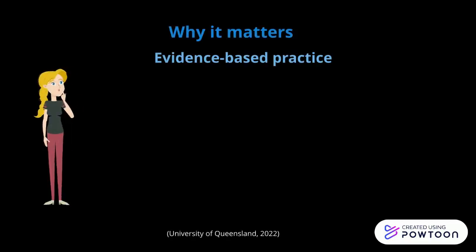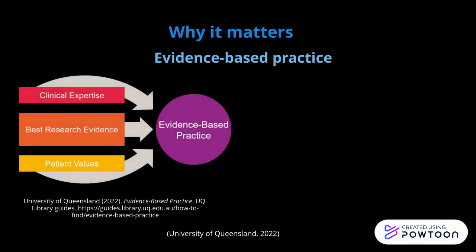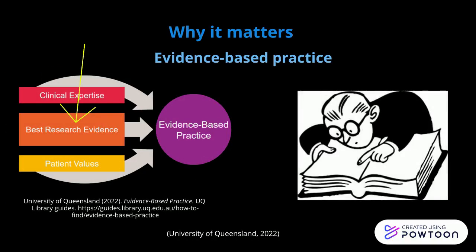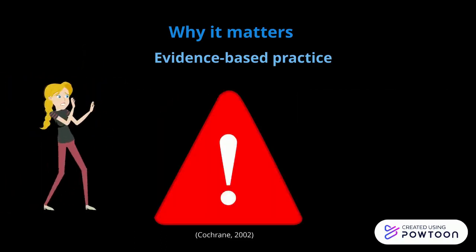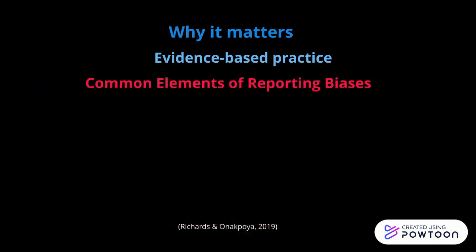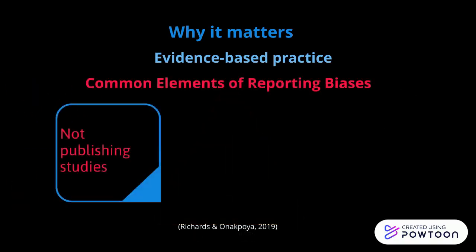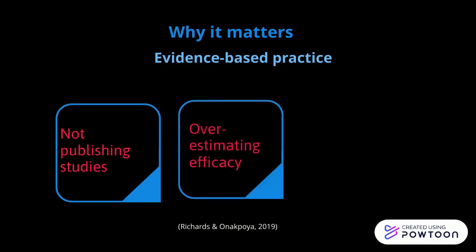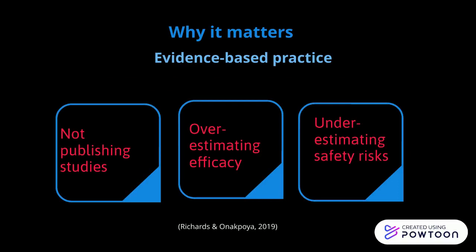Well, evidence-based practitioners need to incorporate the best evidence from research to guide decisions for treatment and prevention of health issues. If research has been distorted, treatments could have negative outcomes and even cause significant harm. Common elements of reporting bias are not publishing studies that show interventions to be ineffective, overestimating efficacy, and underestimating of